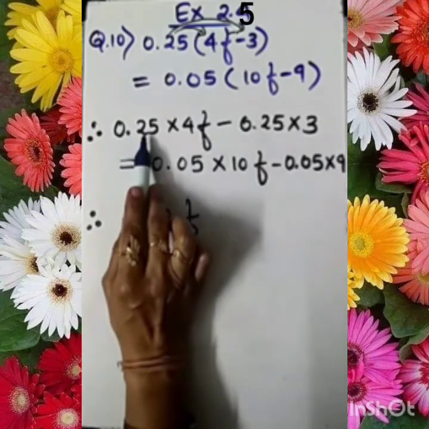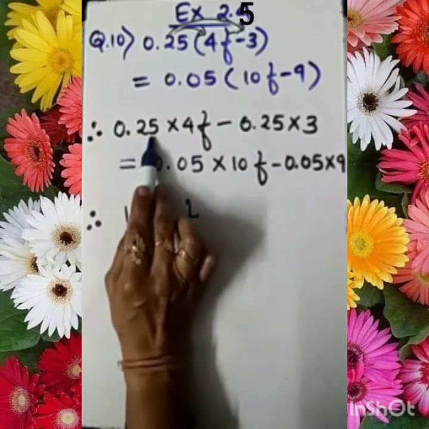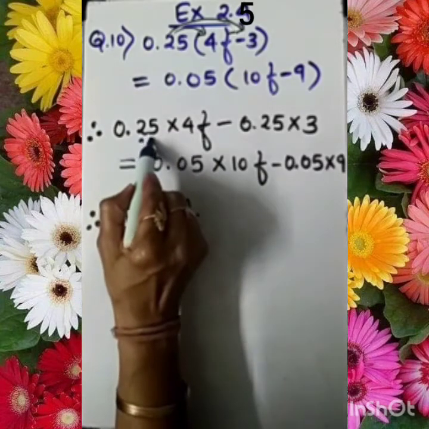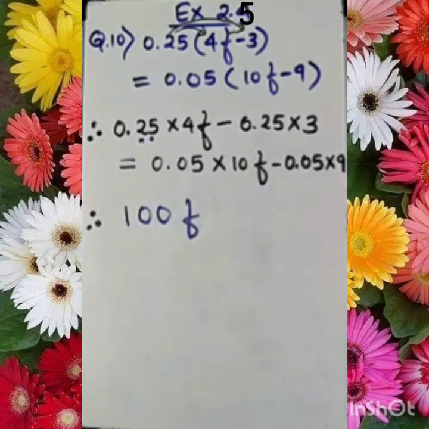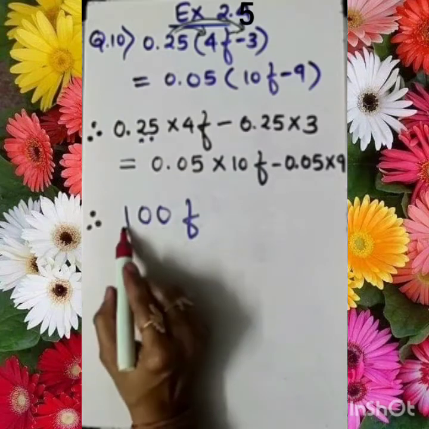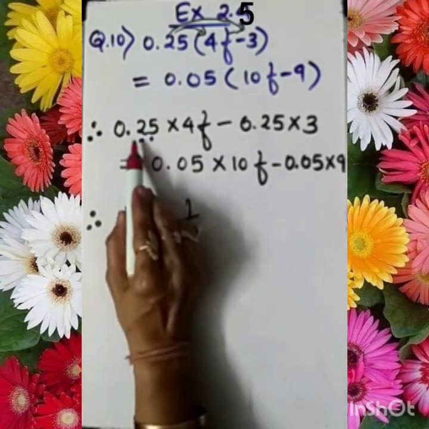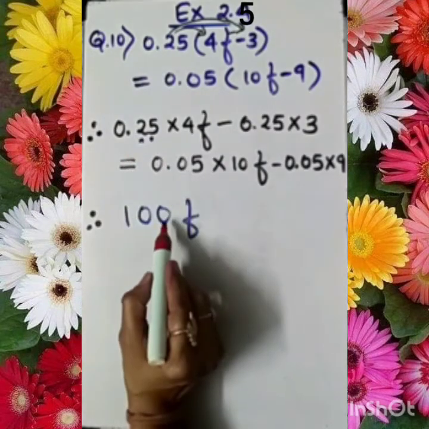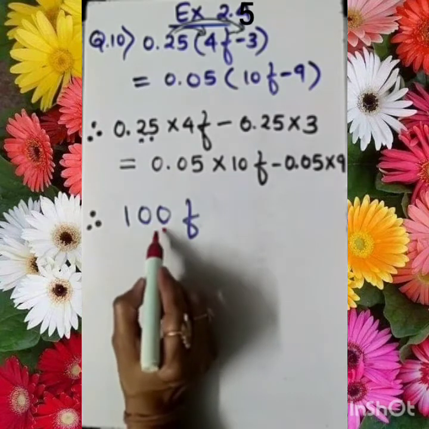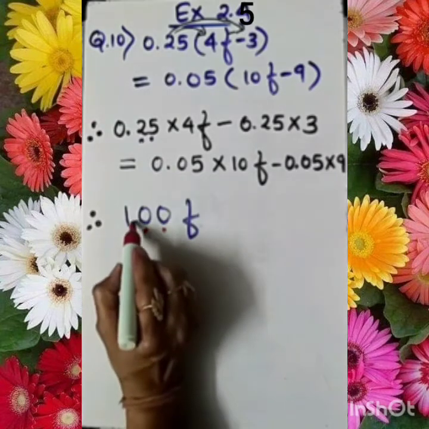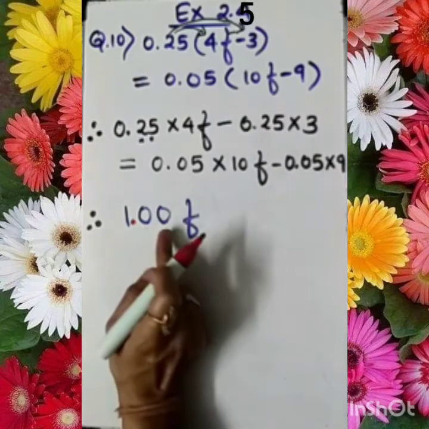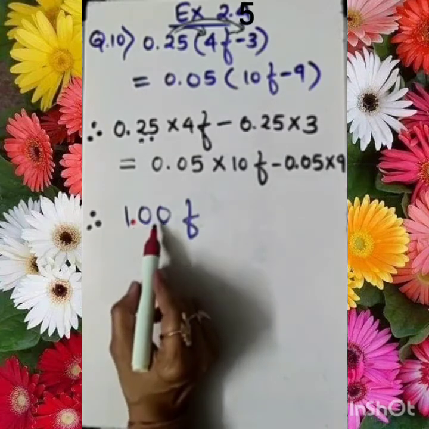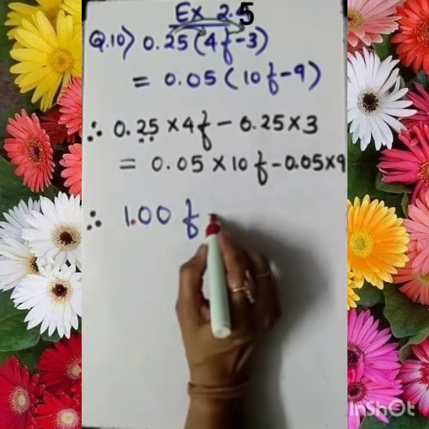Now look at your screen. After the decimal, here there are only 2 digits: 1 digit, 2 digits. So in such a case, what do we have to do? We need to shift the 2 digits from the back side, the back side of 100. So here it is 2 digits after the decimal, so I am shifting these 2 digits from here. I need to put the decimal here. Okay, so it will be 1.00F minus.